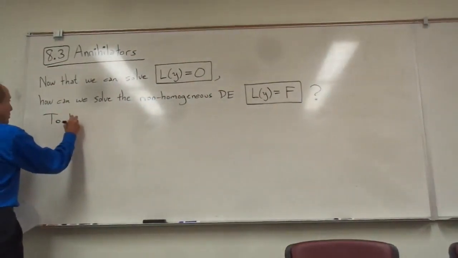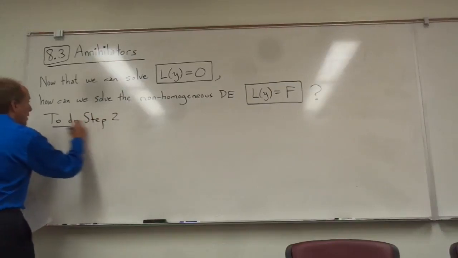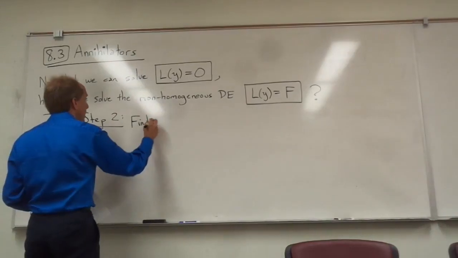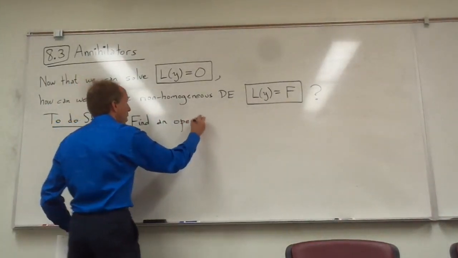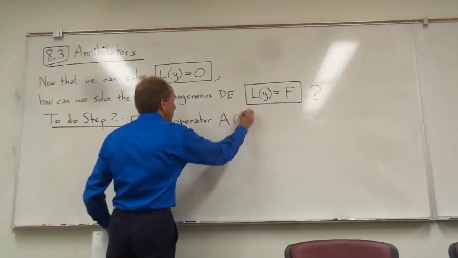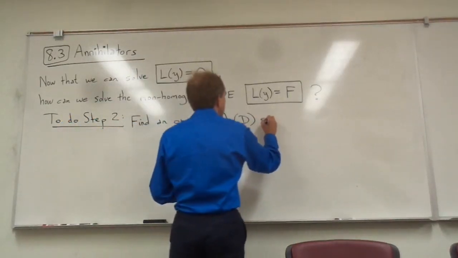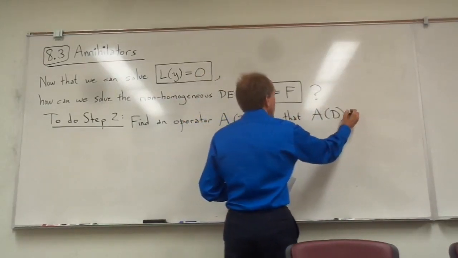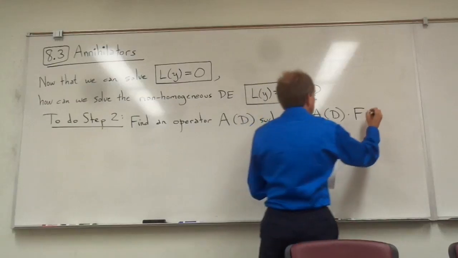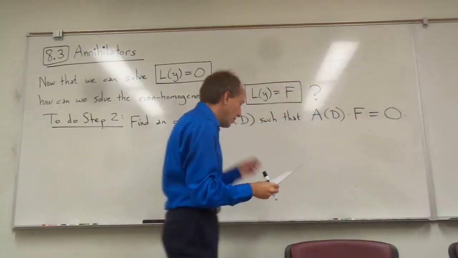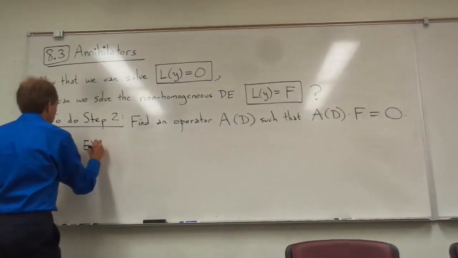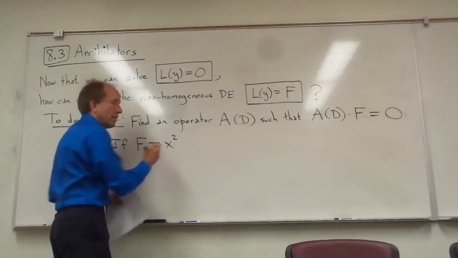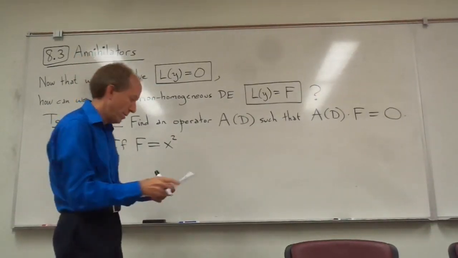So to do step 2 in my outline that I just presented a few minutes ago, we're going to try to find an operator. I usually write A of D for this, an operator such that A of D, when you apply it to capital F, gives you 0. So here's an example. If capital F is equal to, let's say the right-hand side is x squared,